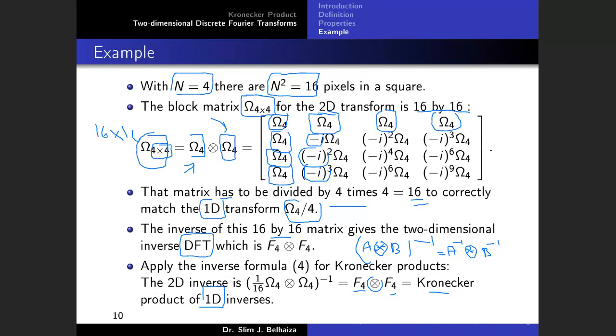one-dimensional inverses. So that's it for this first half of section 4.3, guys. So we talked about it, hopefully